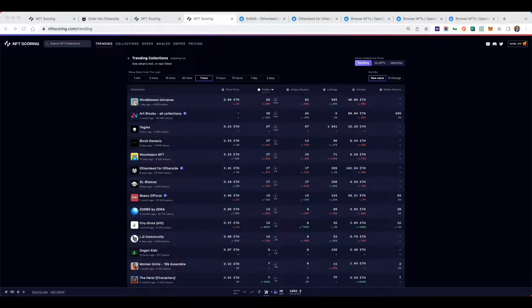The Block Probe. I hold my Gojira in a cold wallet, but need this tool to be active on my mint wallet. Does NFT scoring allow for this? At the moment you do have to have it in your wallet. Yeah, unfortunately that's where we're at right now. I hear you and I understand that concern, because I'm concerned every single time I do that for any tool that I have not used or trusted before. And I can tell you, we're working on it. That's as much as I can say, man. But I know where you're coming from. The last thing you want to do is risk your wallet with your precious NFTs.